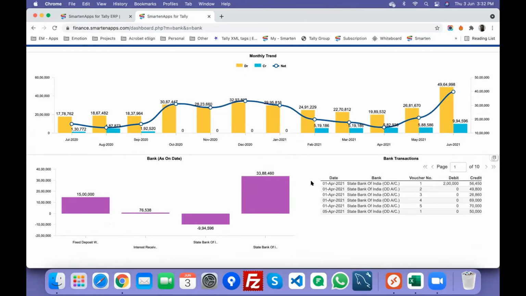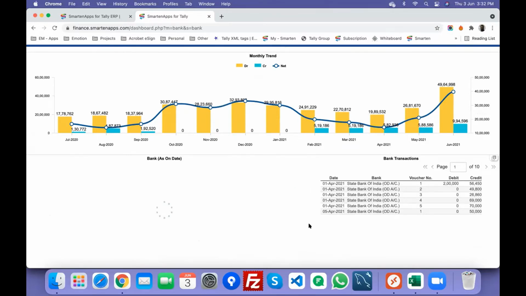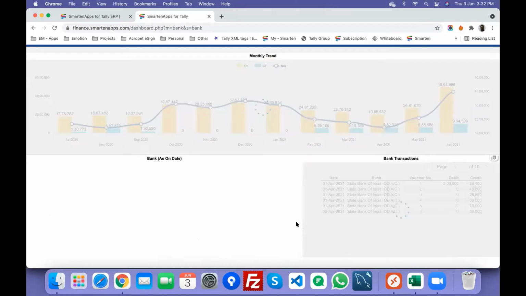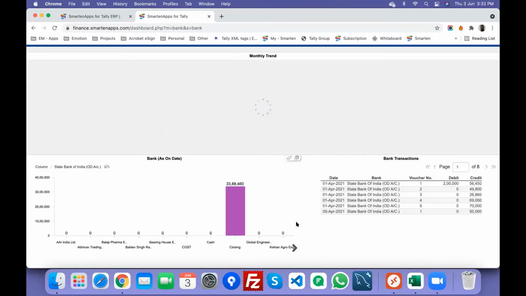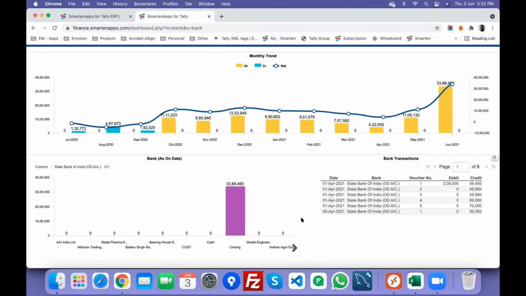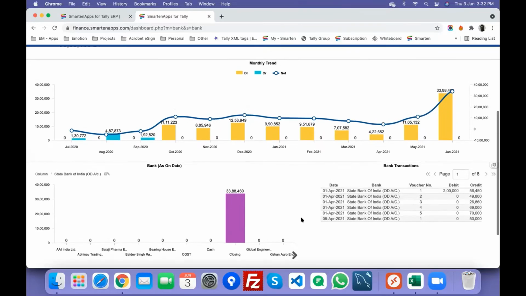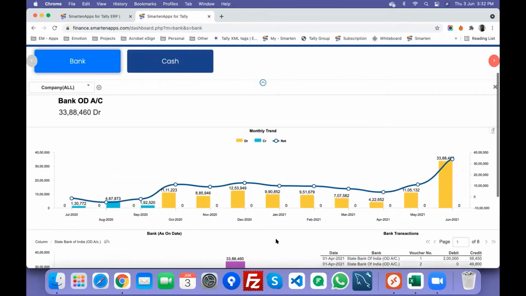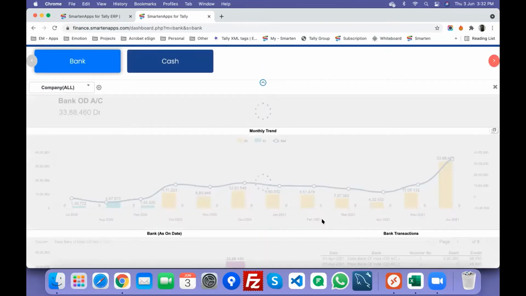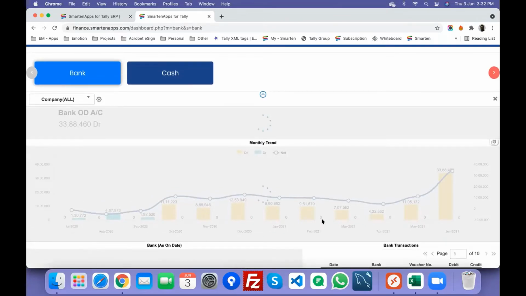So say, for example, I want to look at State Bank's monthly trend. My monthly chart will also be reflected for State Bank. And if I want to have a look at the detail ledger, I can go to bank transaction and go to the detail of that as well. So this gives you all slice and dice and drill down, drill through that you may be looking at.